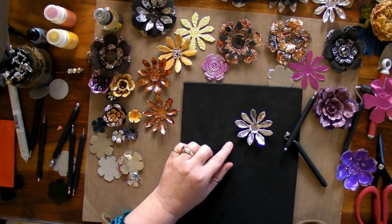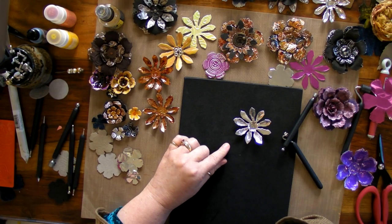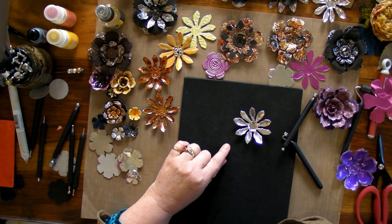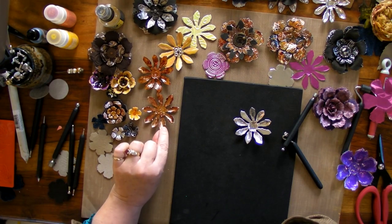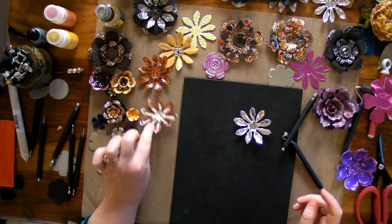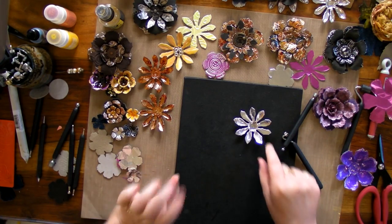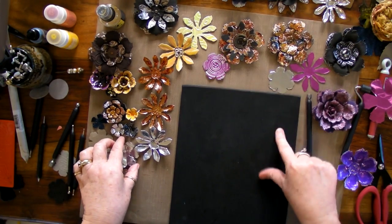Alcohol ink I'll go into in probably another video where I show you in more detail how to do that. I get best results from dripping the alcohol ink onto it and sometimes manipulating it with brushes. But I like the intense colours as opposed to paler colours, so I can keep on layering on this and getting it deeper and deeper till I get exactly what I want. With the other flowers, these ones,